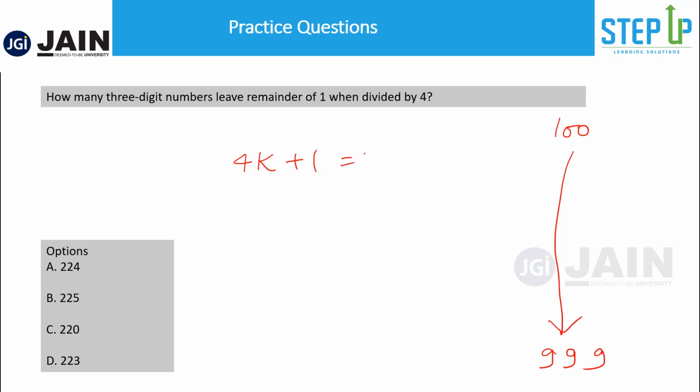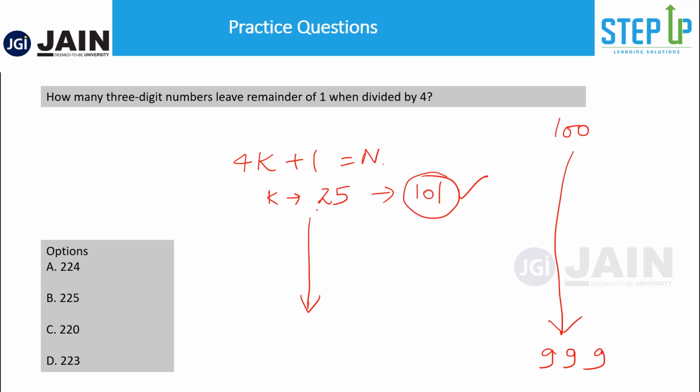That means all of those numbers would be in this format, right? Now if it is of the form 4k plus 1 and it has to be 3 digits, then the minimum value for this, if let's say I take k as 24, 24 into 4 is 96 plus 1, 97. That's not a 3-digit number. So the smallest number, that means k's value, would start from 25. If the value of k is 25, the smallest number would be 25 into 4, 100, plus 1. So 101 is the smallest number of that format. This is the first number, right?